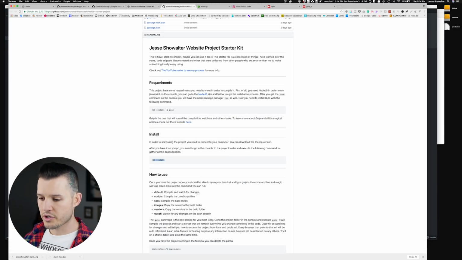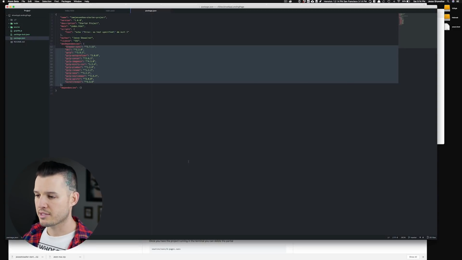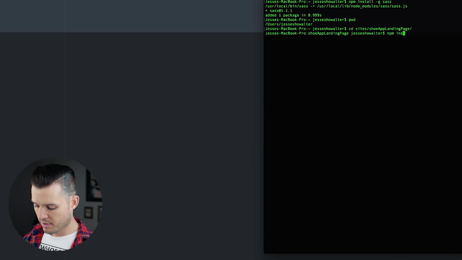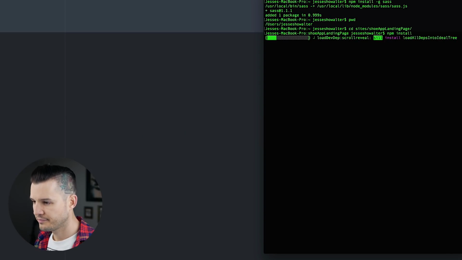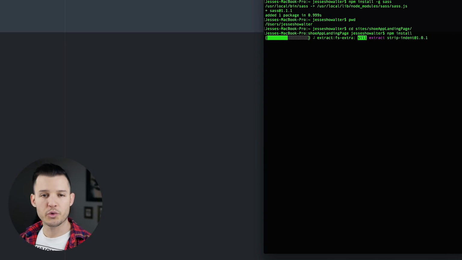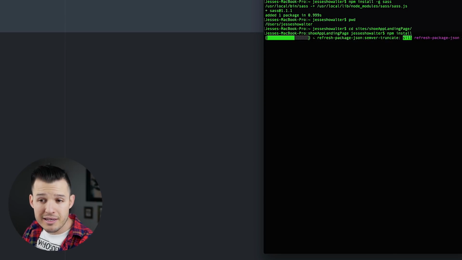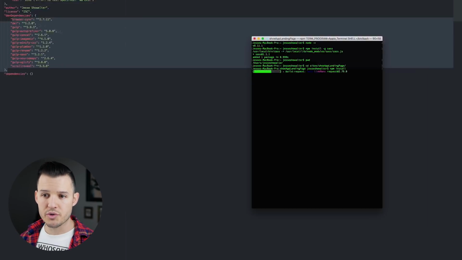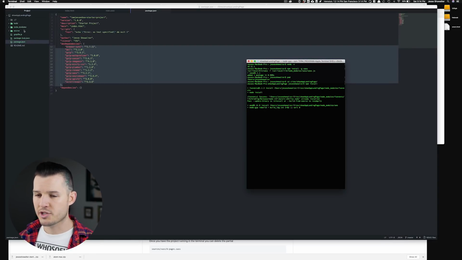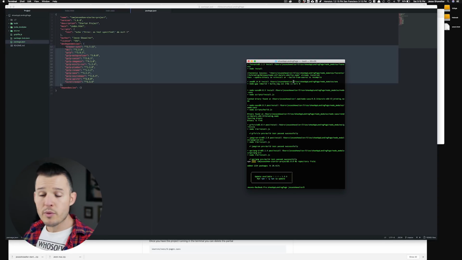So what I want to do is just write npm install. It's going to go out and read that package.json file as we speak, that's what it's doing. And it's going out and collecting all of the dependencies for the project. And you'll see over in our text editor, it's created a node modules folder. Inside it has all of those individual packages that we need. Now we should have everything we need running on our project.